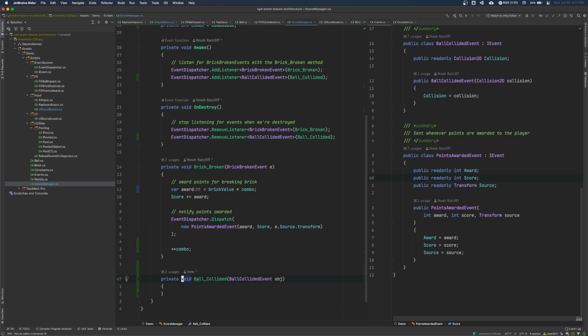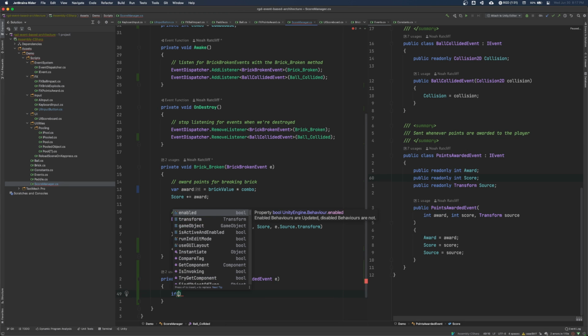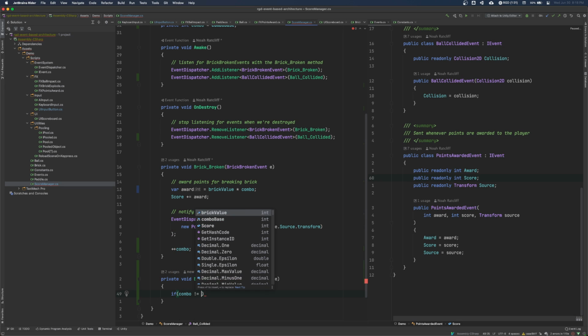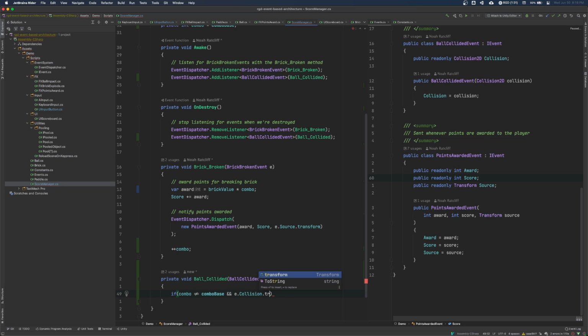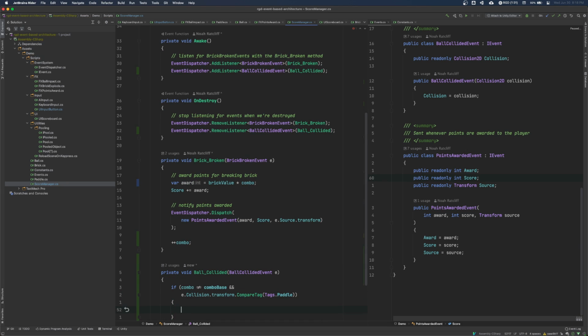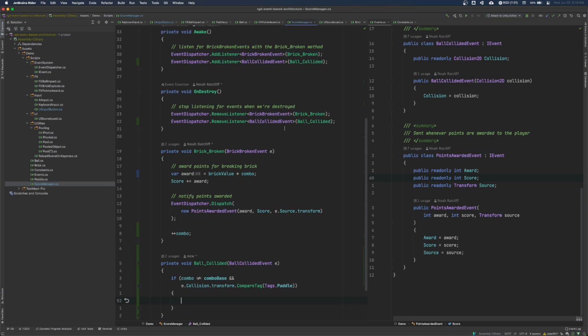And now we have our listener here. It gets called whenever a ball collides. We'll call it E. And we'll say if the combo is not the base value and the collision, use transform dot tag compare tag. So if it is the paddle, so if we collided with the paddle, then reset combo.